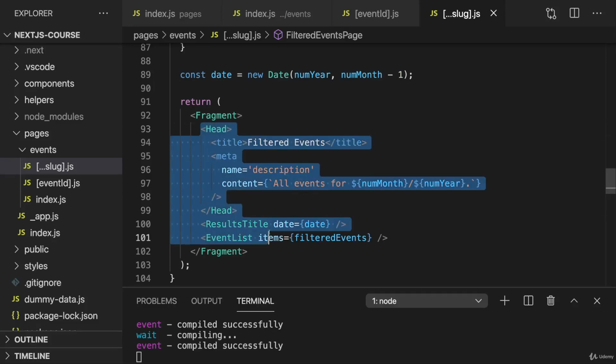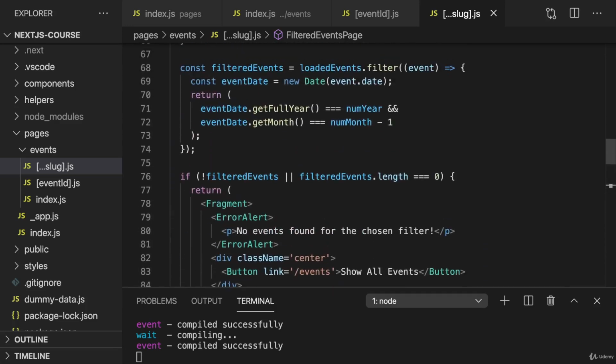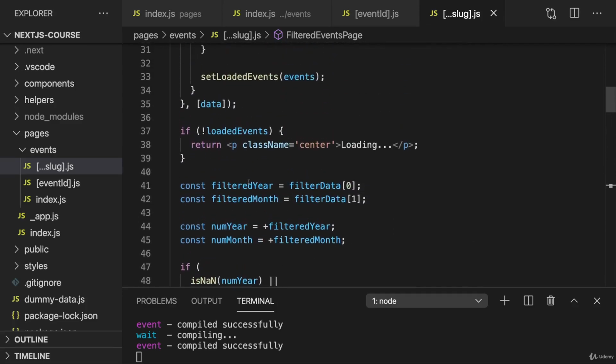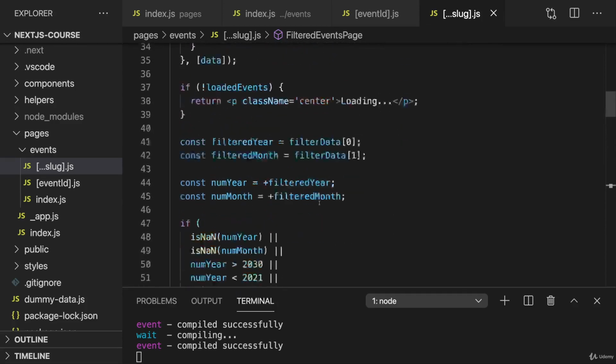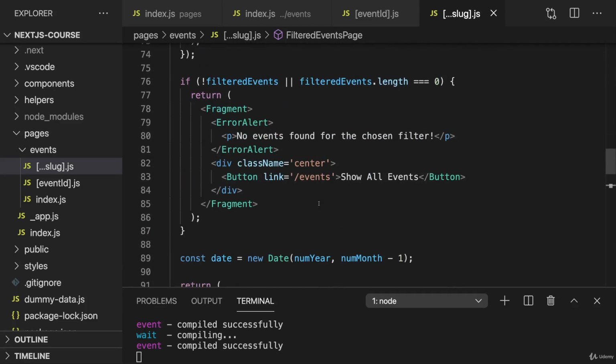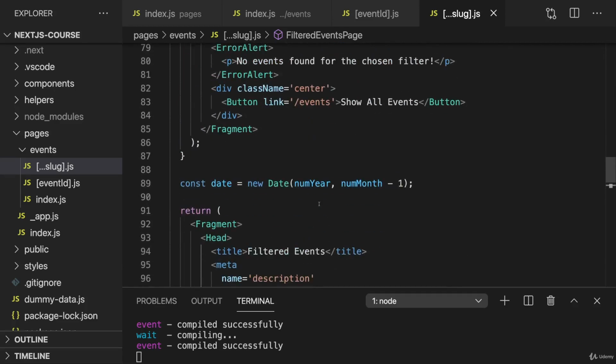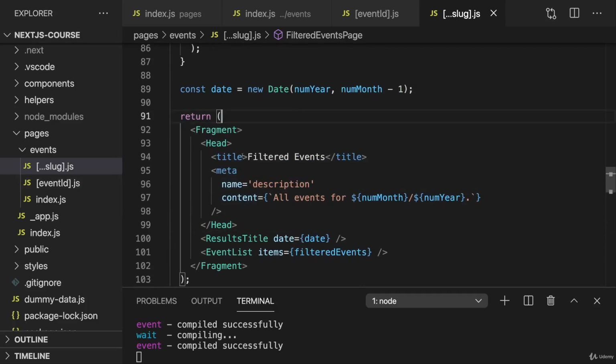So we learned about head. And typically you want to set up your head content in every page and also in every if branch inside of a page, because you have very specific titles and contents for those different scenarios. Now here in the slug page, for example, we definitely want to set our own title and our own description,